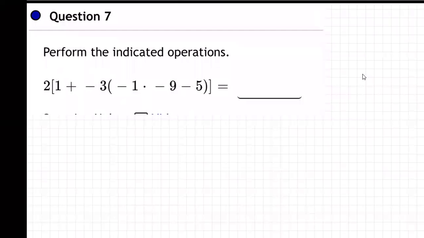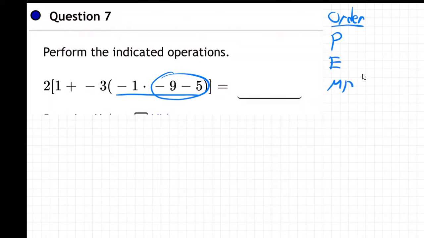Let's see. So we've got to start in the parentheses in here. And what are we going to do first in there? Should I do this subtraction? No, remember, adding and subtracting is always last when you do the order of operations, the PEMDAS, please excuse my dear